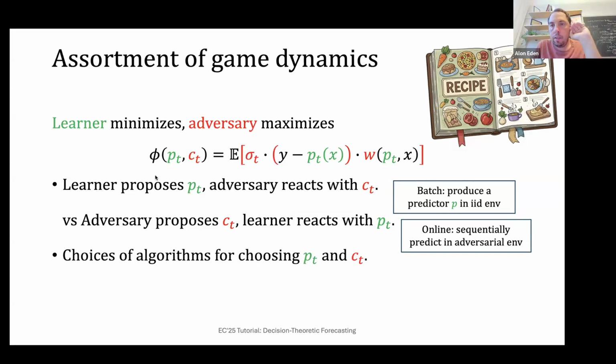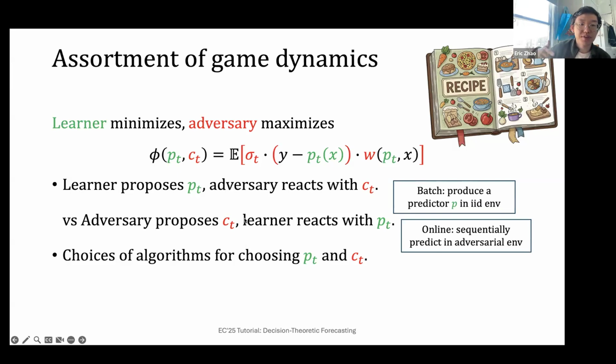And the second degree of freedom is picking out... Yeah. Is it clear why when it's a batch you want the learner to move first, and when it's online you want the adversary to move first? Is it obvious, or am I missing something? It is not obvious. I will cover that in the next slide. Okay, thank you. But it'll have something to do with the convergence of Stackelberg equilibria. It's a very short and cute thing. But that's the first degree of freedom, which is who moves first.